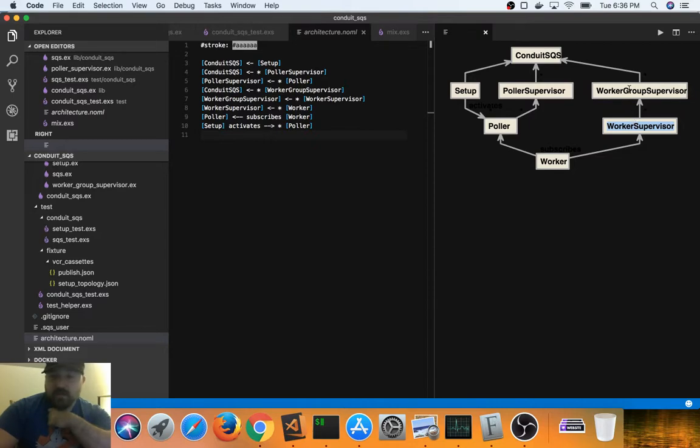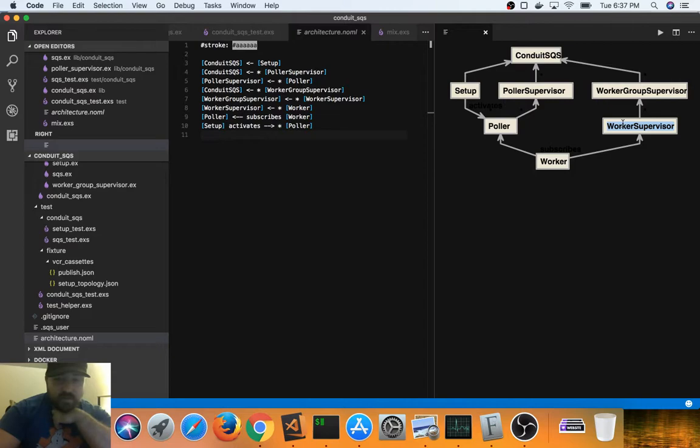And so each of those would have their own worker supervisor, but each of those would be nested underneath the worker group supervisor. And so that way, if you have a worker that's a little flaky for sending email, if that crashes, that's going to crash this supervisor, and so that's going to restart, and it's not going to